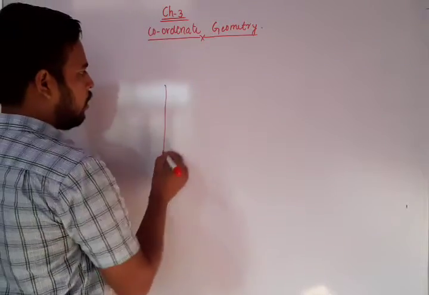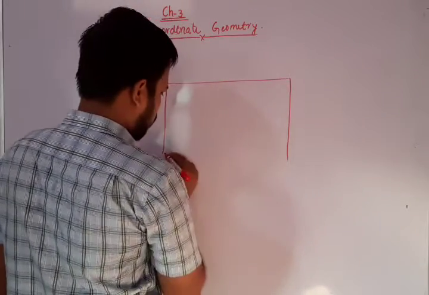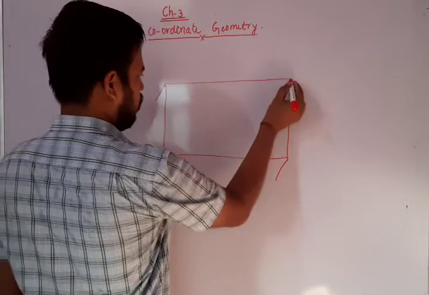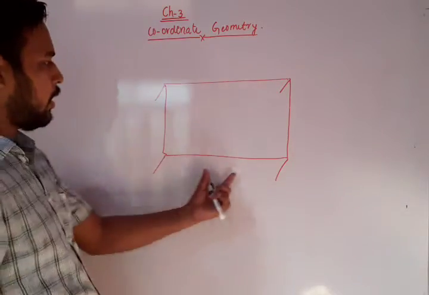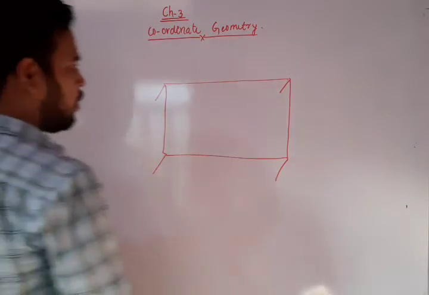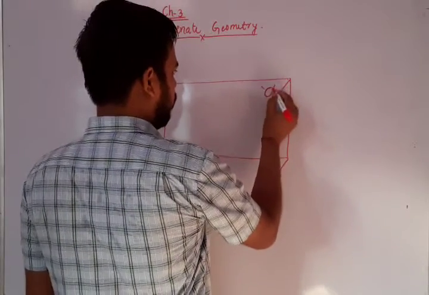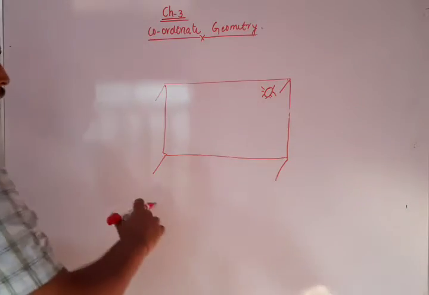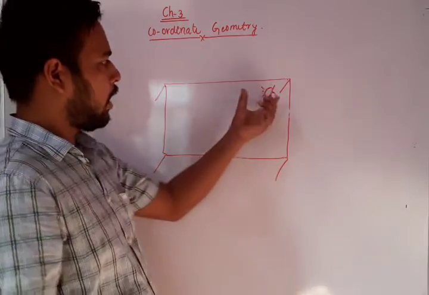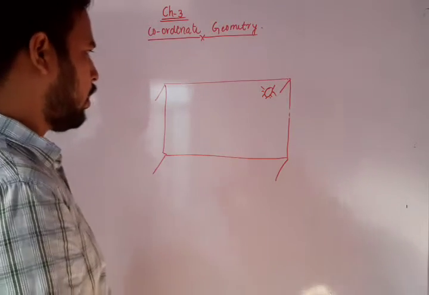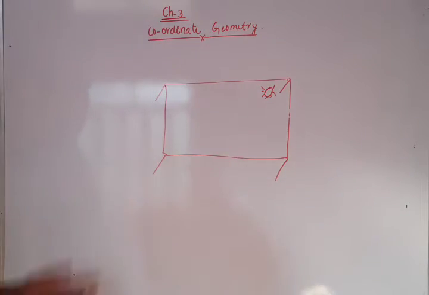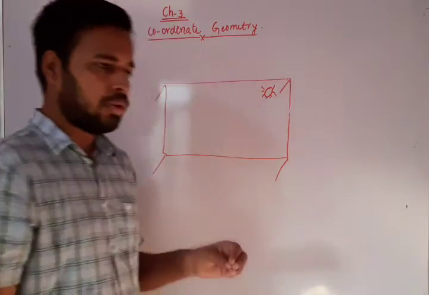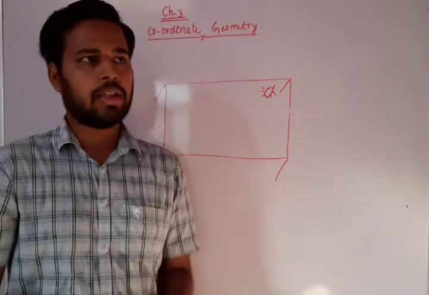Suppose this is your study table. Now you are sitting here. Now you have to explain. Suppose a study lamp is here. So explain where it is. At the corner, in front of you. Yes or no? So you have to explain where the lamp is. Now we will move to exercise 3.1. You do it by yourself, and then we will move to exercise 3.2.